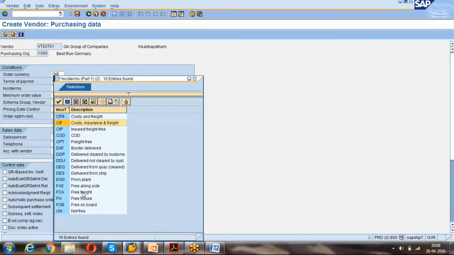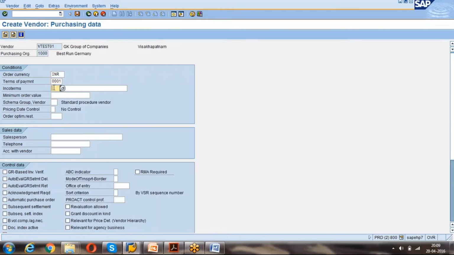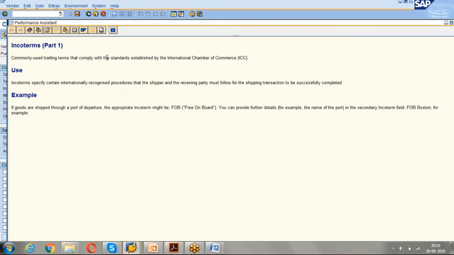And from free freight and transportation will be free. If you see those details, we can come to know what exactly they are. And also in SAP we have a facility. For example, if you don't know what exactly Incoterms are, just select that field and click on F1. Once you click on F1, you will get the documentation for that.